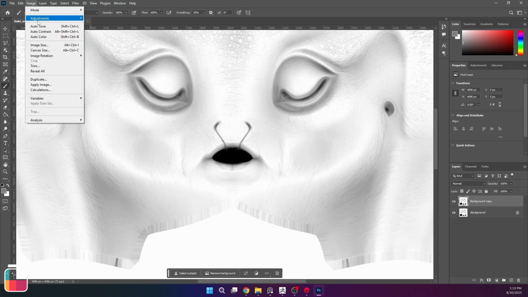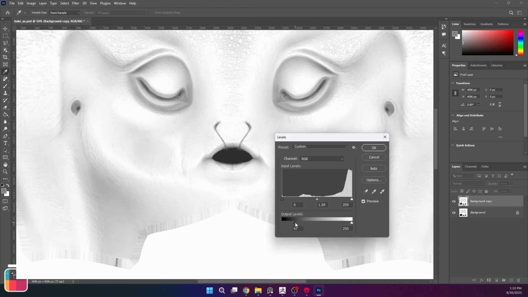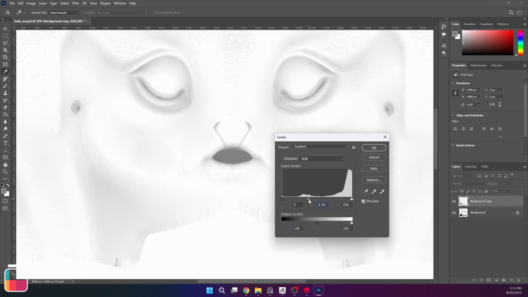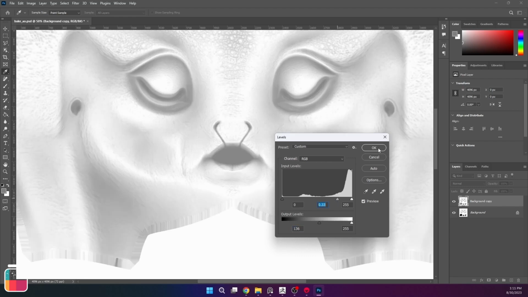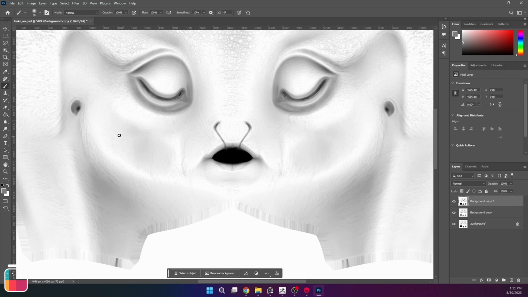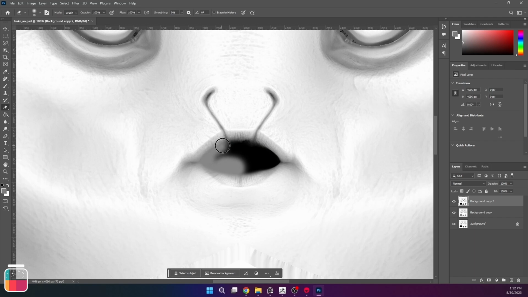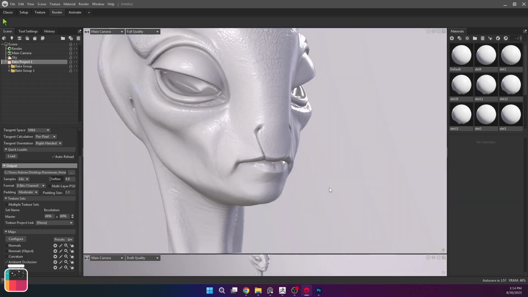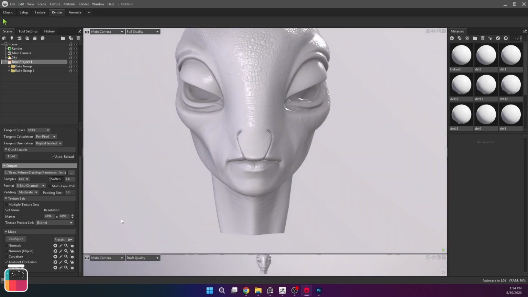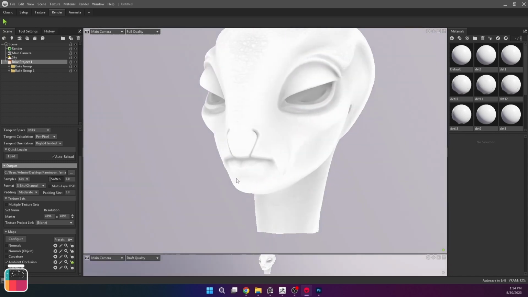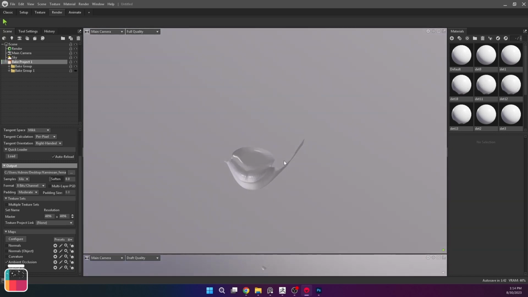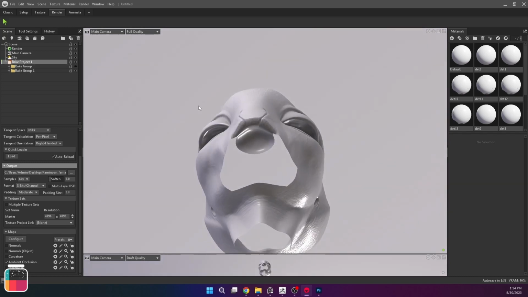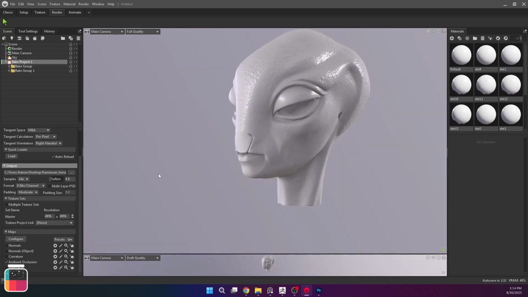Also, it's a good idea to brighten up super dark areas. Great, we are done here.